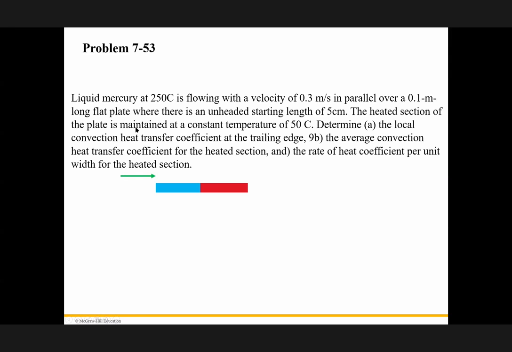The heated section of the plate is maintained at a constant temperature of 50. Therefore, the temperature of this plate is 50, isothermal, okay? There is no variation. Determine the local convective heat transfer coefficient at the trailing edge. What will be the heat transfer coefficient at this point? Convective heat transfer coefficient here, h. Then the average convective heat transfer coefficient for the heated plate section, what would be the average, and the rate of